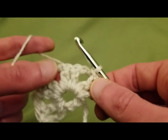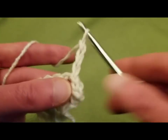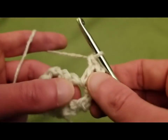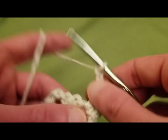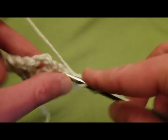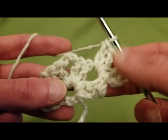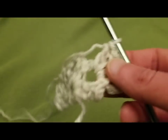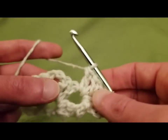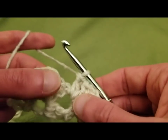Now, we need to create another cluster just like we have here. So we're going to chain up 3, another double crochet into the chain 2 space, chain 2, and 2 more double crochets into that first cluster. So basically it's a cluster within a cluster, and that is how we're going to finish and end every row. All right, so now to continue on with row 2, what we do then is